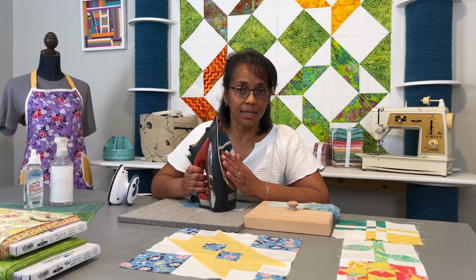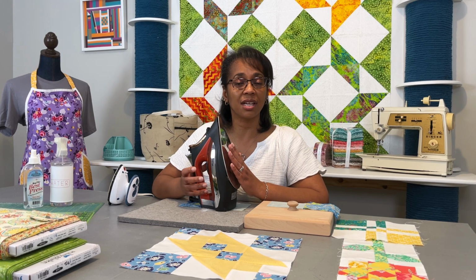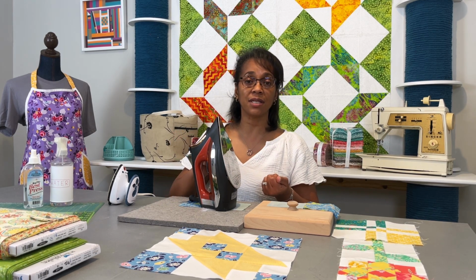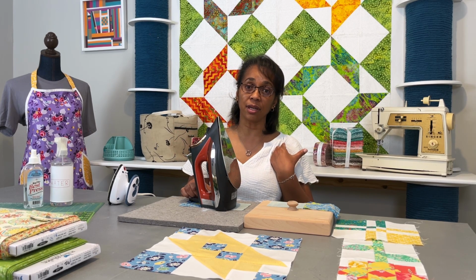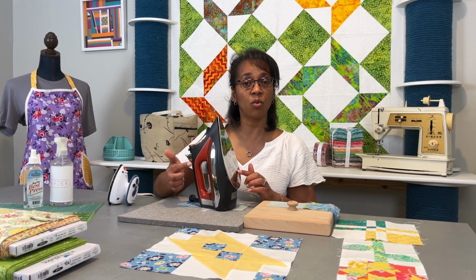But here's the thing, guys. Iron manufacturers will tell you in their instructions, yes, put your water into the reservoir, but afterward you need to empty the reservoir when you're finished using your iron. That's great in theory, but in my experience, and I've been through quite a few irons in my time, there's still water that is